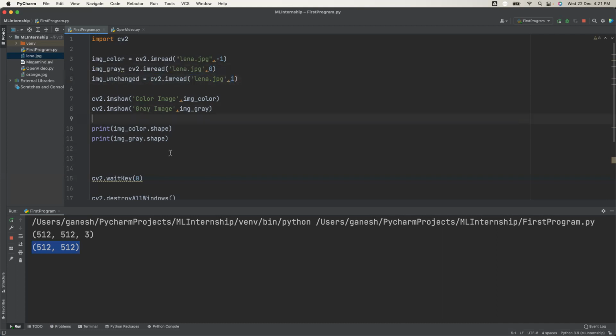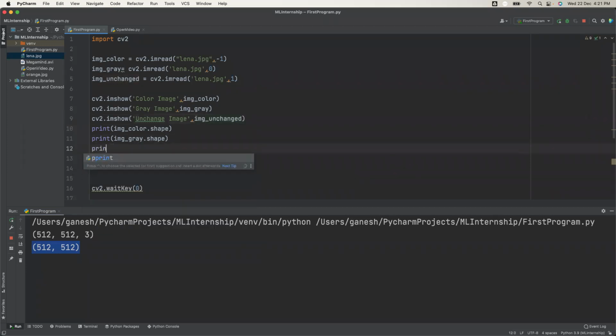Let's see here. When I show that unchanged image also, I'm getting the same output, because it is already a color image. So it is the unchanged image, img_unchanged, and let's check the shape of that unchanged image.